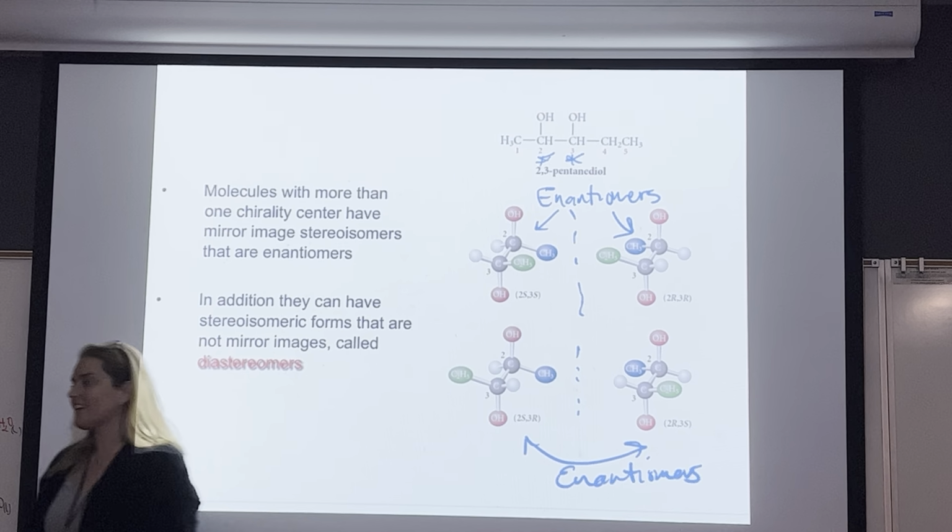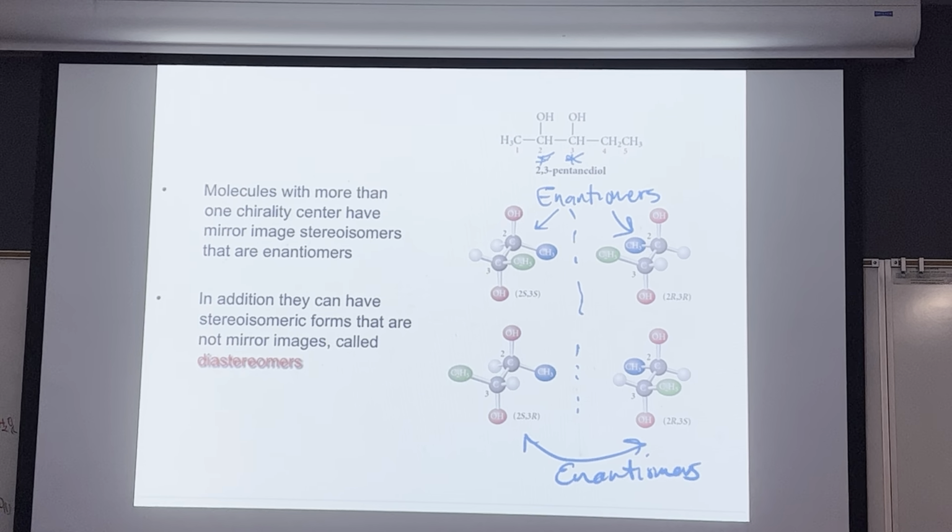Okay. And they're not cis-trans isomers. So we would call those configurational diastereomers, but we can just call them diastereomers. All right, friends? Are you okay with that? Okay. So these ones, are you all right if I just put the D there?